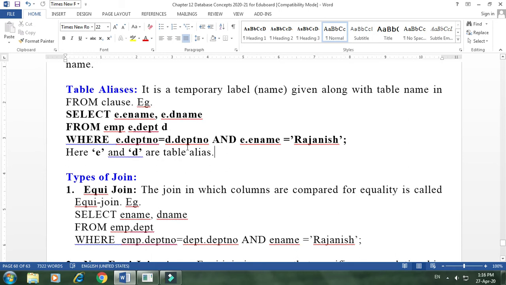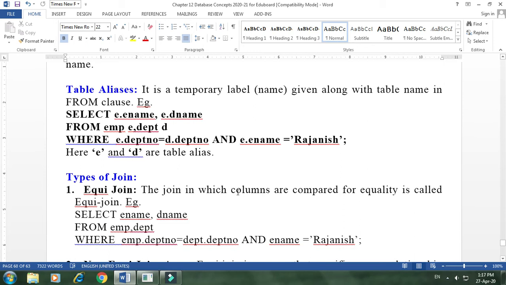It will be very clear in this query. I hope there is no need to give a demo again for this, but it's clear already: just write a space after the table name, and then one character to represent that particular table. Department d means d will be the name for the department table during the query, and here e will be the name for the employee table during the query. I hope there is no doubt with table aliases.